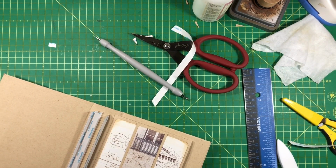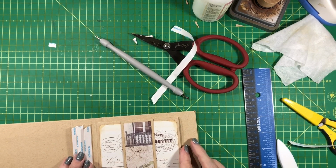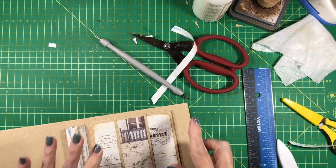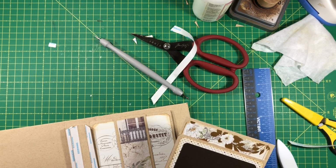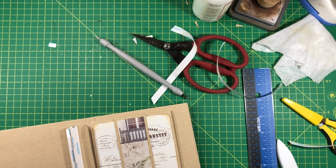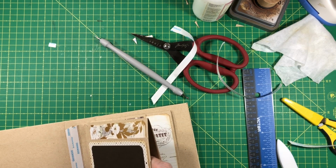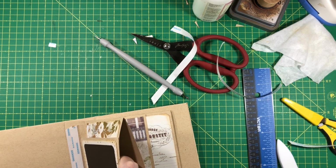Good. Alright, so there's the first page. It's pretty straight. Looks a little bit crooked actually now that I look at it. I don't know if it's because the spine is crooked or if that page is crooked, but I'm not going to worry about it. Okay, so this one is next. Normally I make sure to line up all my pages with the previous one, but since I know the previous one is just a little bit crooked, I'm going to try and make this one correct for that just a little bit. It's not off by much, certainly not terribly visibly, but enough so that I want to...